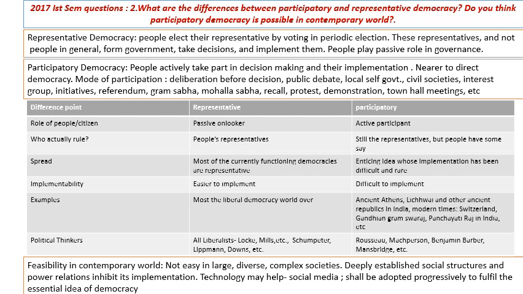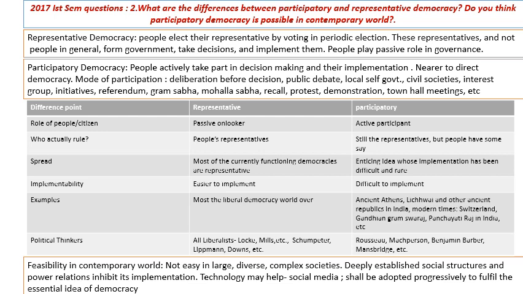As we know, a representative democracy is where people elect their representatives by voting in periodic elections. These representatives, and not the people in actual, rule. They form government, take decisions, and implement them on behalf of the people. People generally play a passive role in governance. On the other hand, in participatory democracy, people actively take part in decision making as active citizens and also in the